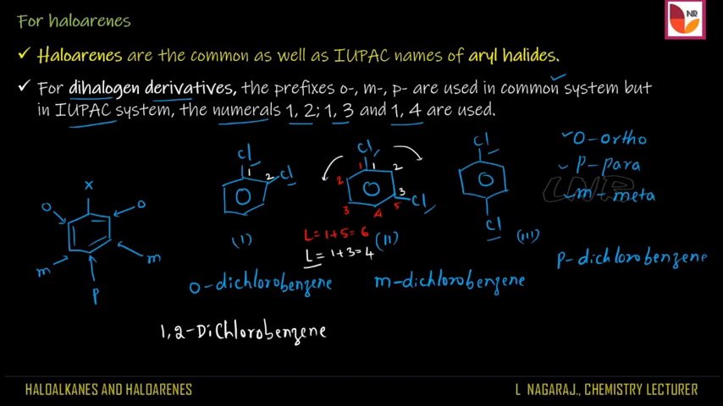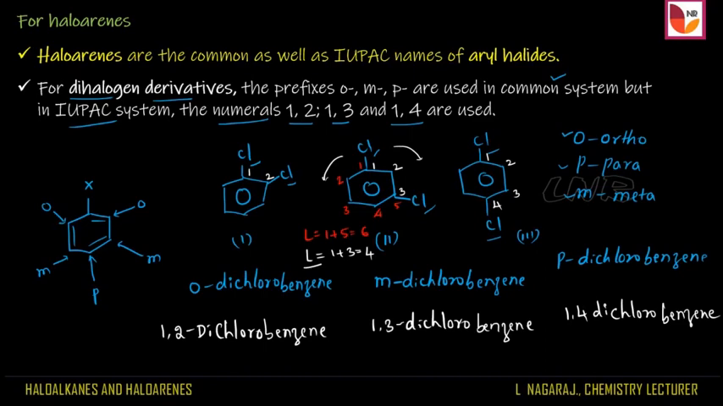Hence, the positions of the halogens are to be represented as 1, 3, dichloro, and the name of the aryl group is to be represented as benzene. And the third molecule is numbered as 1, 2, 3, 4, and the positions of the halogens are represented as 1, 4. Because of the presence of two halogen atoms, it is to be represented as di, and it is chloro, dichloro, and the name of the aryl group is benzene,